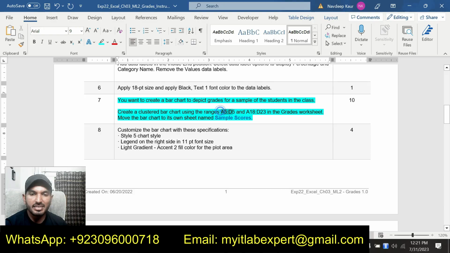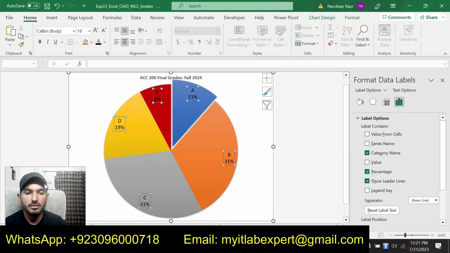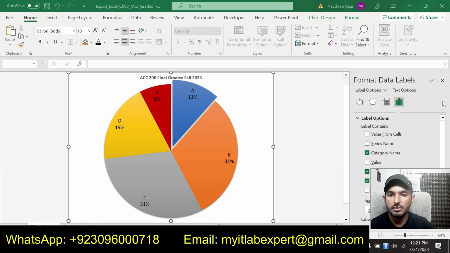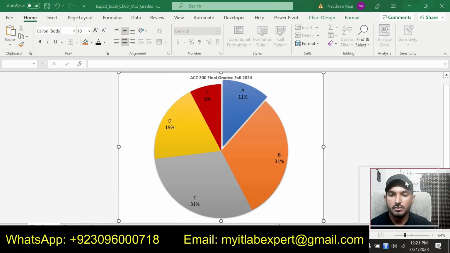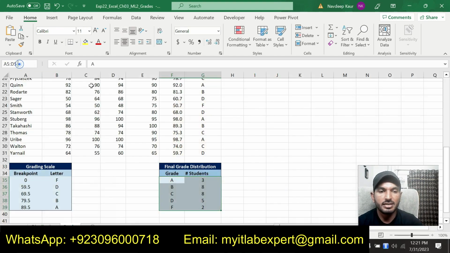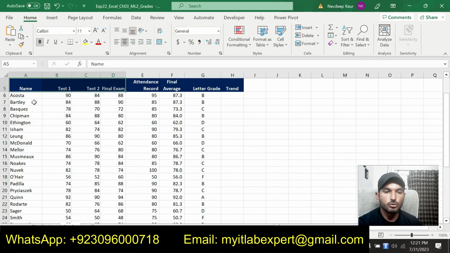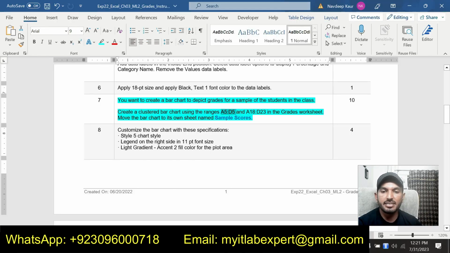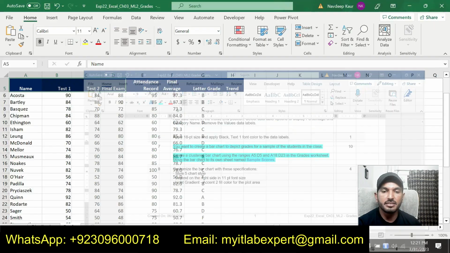So we will simply select these 2 ranges in the worksheet. We will go to the grades worksheet and select these 2 ranges. So the first range I have selected. Now the second range is A18 up to D23.